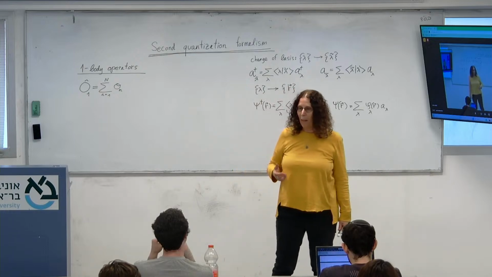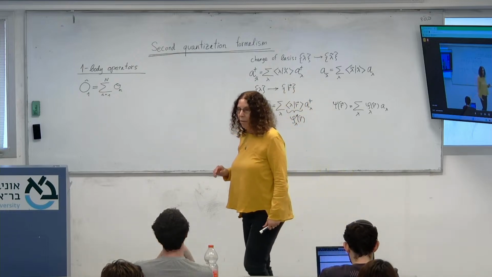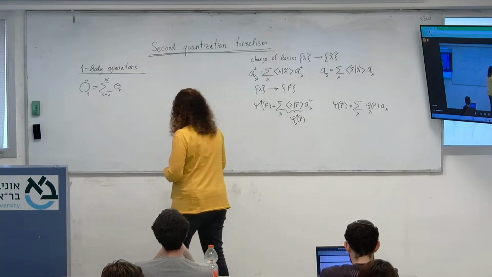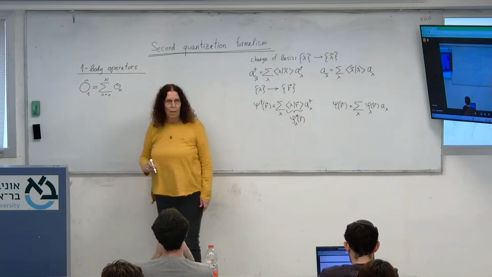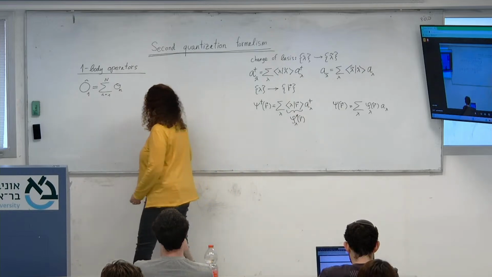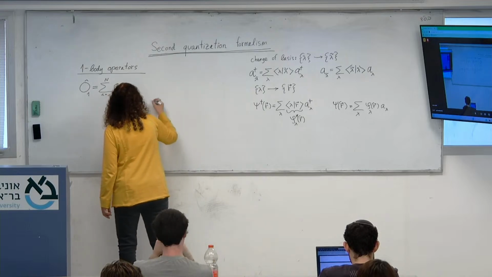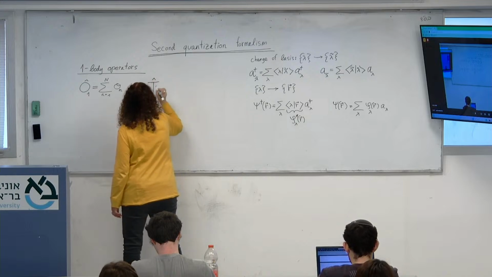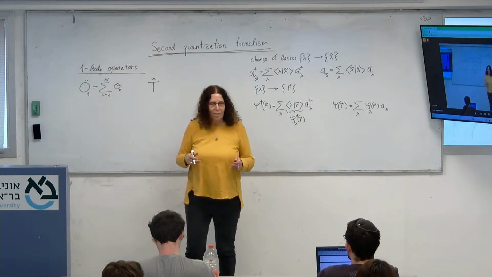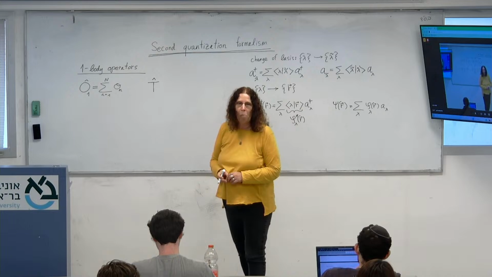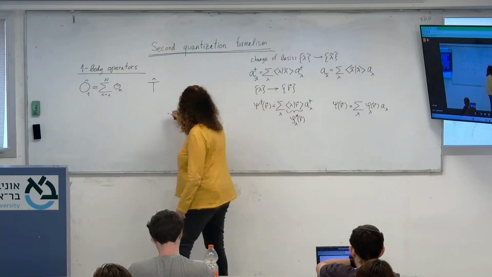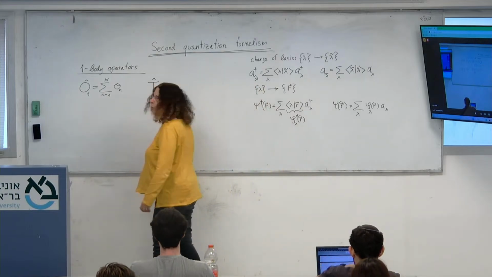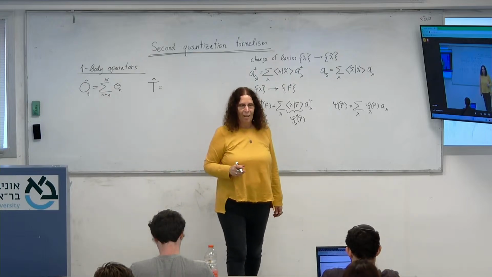Let me give you an example of such a one-body operator. This is the kinetic energy. In fact, this is something we already used in the first lecture in this course, right? Kinetic energy, for example, of atoms in the linear chain,